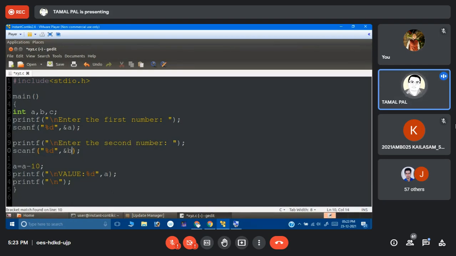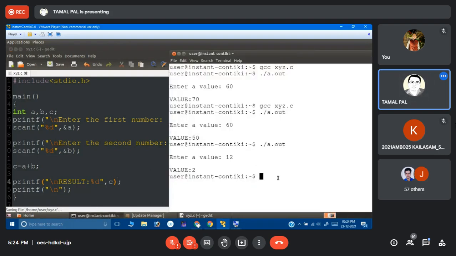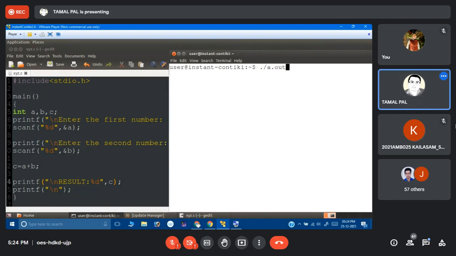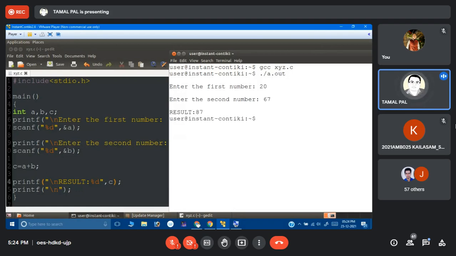I like to keep that value in variable B, and here I have to write C equal to A plus B, because the value of A and the value of B are added and that is assigned to C. And now my task is to print, let's say I am calling it result, the value of C. First number I provide say 20, second number say 67, so the result is 87.